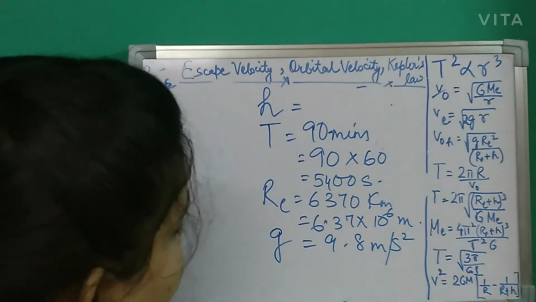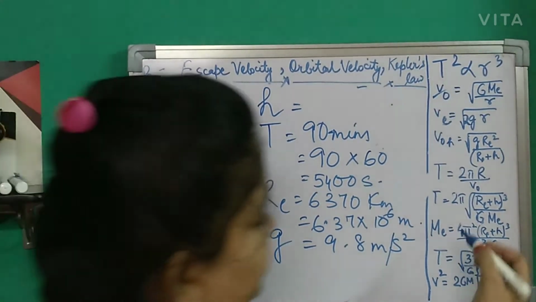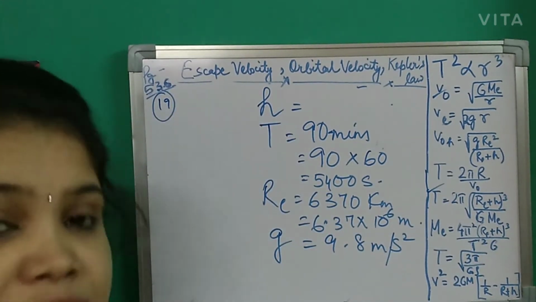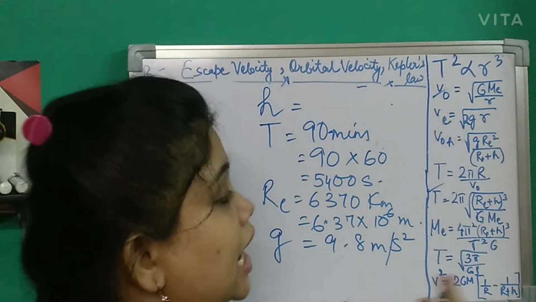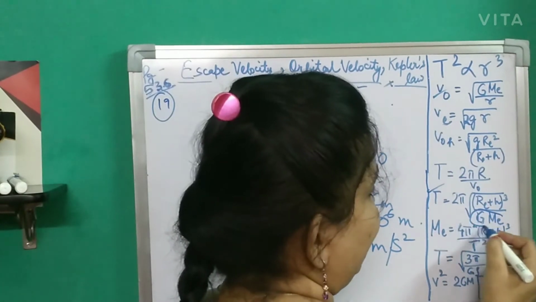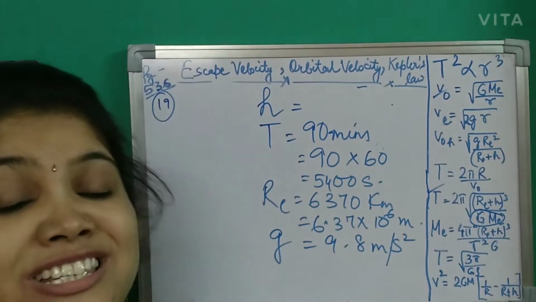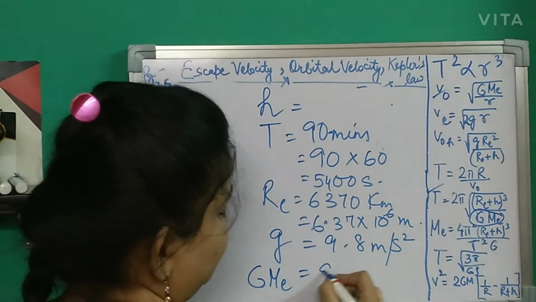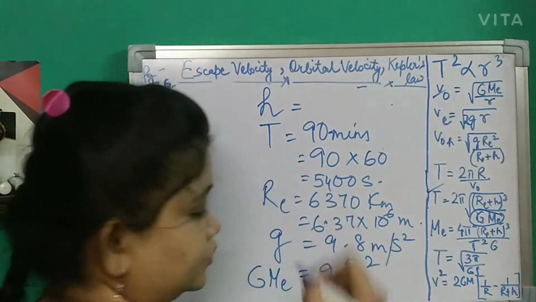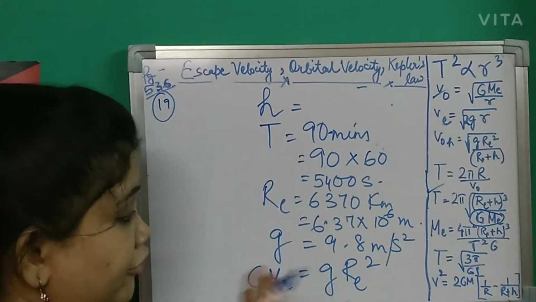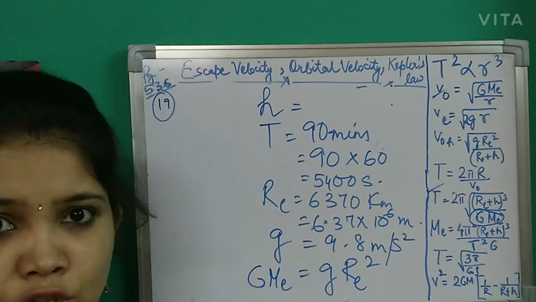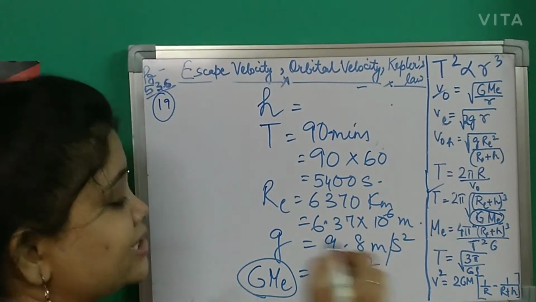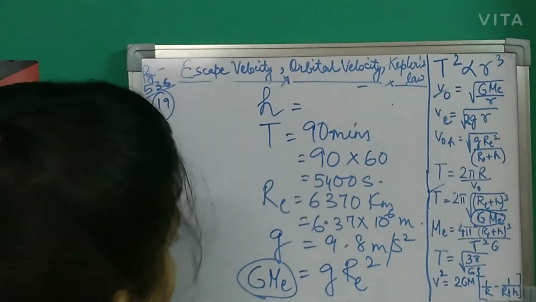How will you find out the value of h? I have written here the formula. You can see T in terms of your universal constant G and ME. But I have already taught you in your class that GME is nothing but small g r square. Remember always that GME is nothing but small g r square. If the sum is not given in terms of universal constant, you can easily do it in terms of acceleration due to gravity. Instead of GME, you can easily put g R square. So let us put it in the formula.